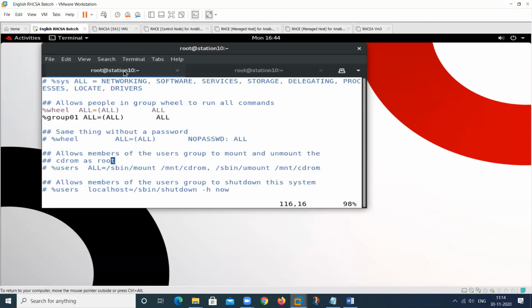So what I will do, we can place this particular option in front of all. Clear? Okay. So without a password, we can perform any command. So we don't need to enter my own password again and again. Sir, we have to write this every time? Yes, this option is mandatory.